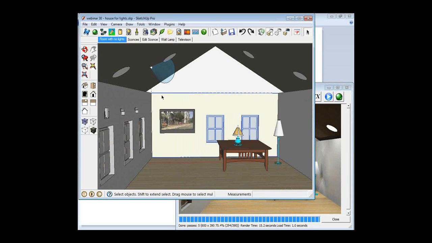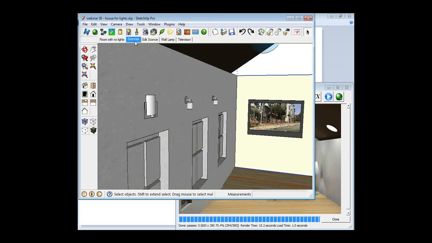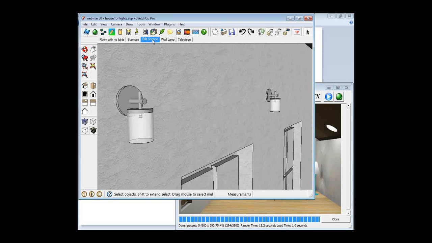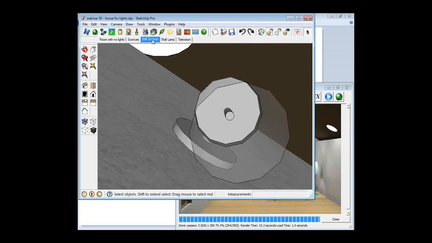Next, I want to show how to make lights out of objects that are already lights. So I have grabbed two things in the warehouse, a couple of sconces over here on the left and a wall light, that I want to make those lights. It turns out that these sconces, let me zoom in on them a bit, they have a transparent piece and they don't have any light bulb in them. When things are like that, the easiest way to make them a light is just to put a light bulb in. So I'm going to zoom around so I can see inside the sconce, load our lamp wizard again,